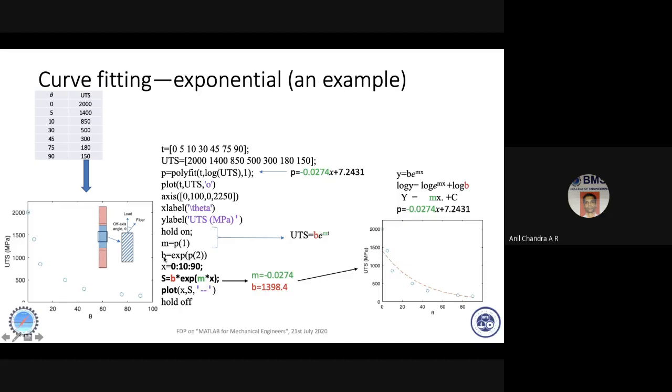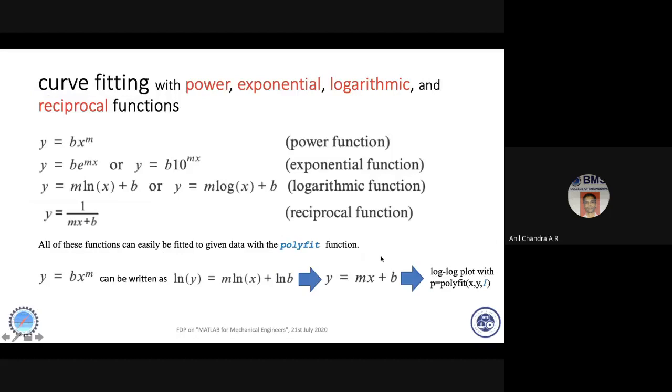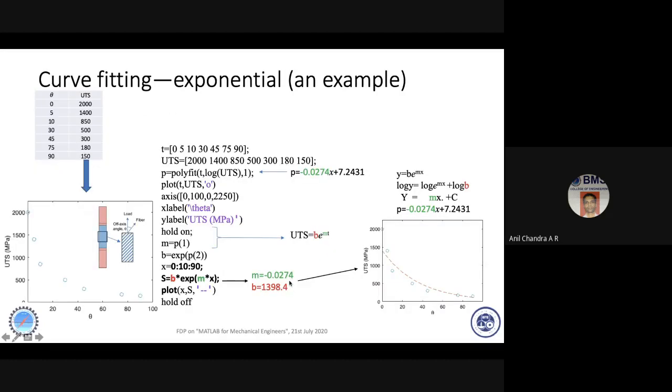You've got to go back, use a paper, and understand what is happening here. Why did I take the exponent of this value to get b? You will understand because ln b is the intercept here, right? And to take off this ln, I use e, I will get b. Please do that. So I get m and b from that, and I put some arbitrary values of x and replot that exponential, and I get this curve. It's a very simple exercise.